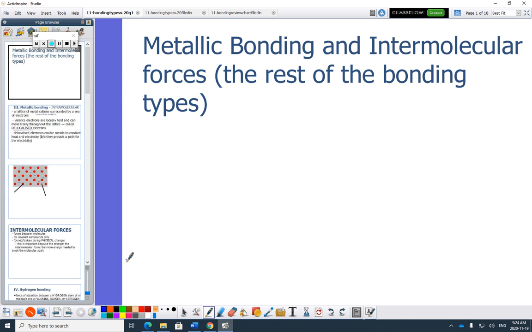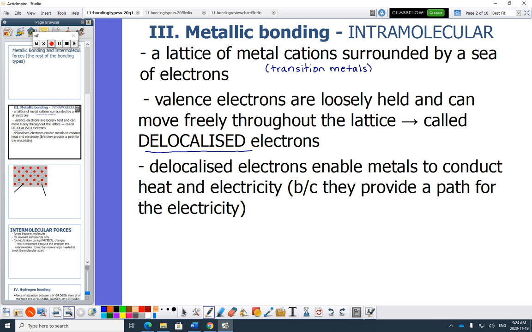Okay, so we did not talk about much about metallic yesterday. It is an intramolecular force, and then we're going to look at the rest of the bonding types. So metallic bonding, I wrote intramolecular here just to reemphasize it. So it is